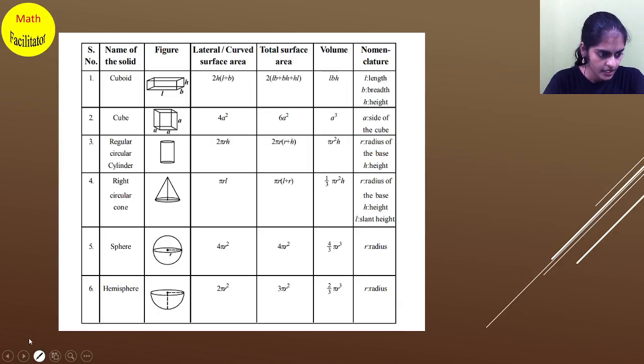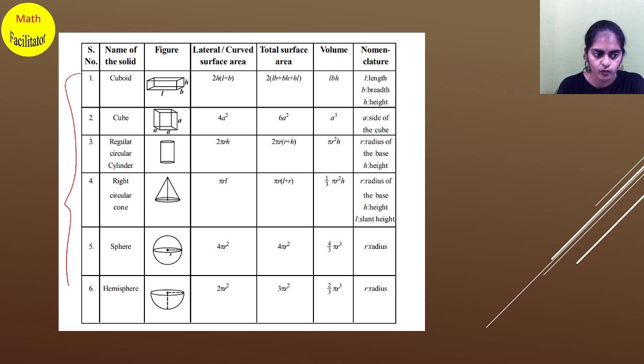Before getting into the actual questions, let me tell you the list of the formulae. Cuboid, cube, cylinder, cone, sphere, and hemisphere. These are the six shapes whose formulae you have to know. You should know the lateral surface area, total surface area, and volume of these six shapes. Now cuboid, the 2D shape of a cuboid is a rectangle,